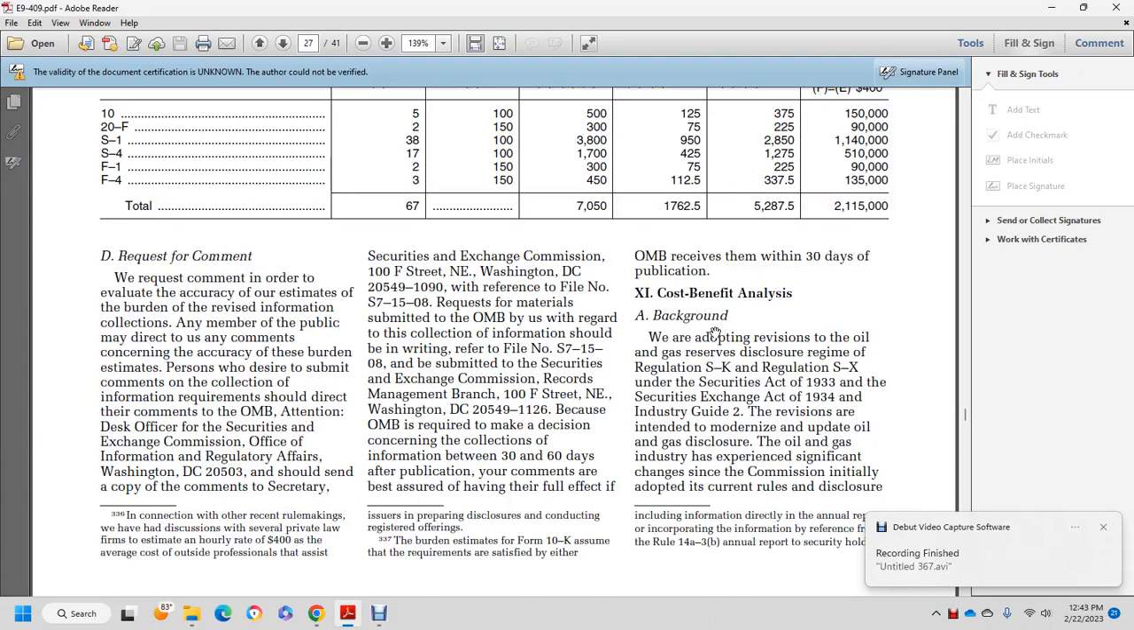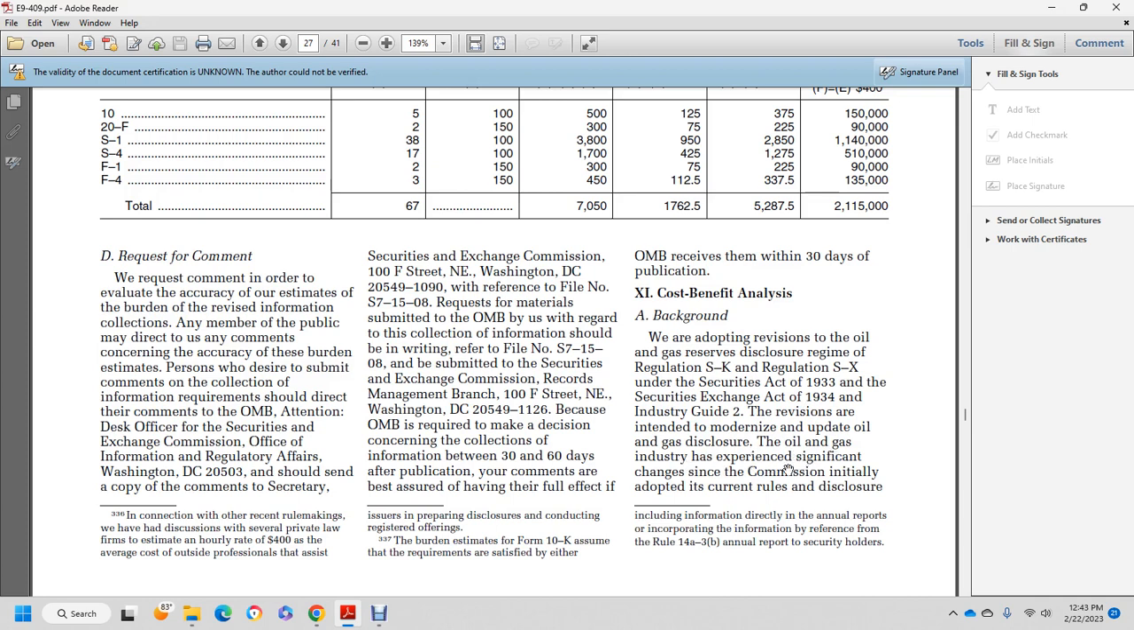Article 11, Cost Benefit Analysis Background. When adopting the provisions on oil and gas, to preserve the disclosure regime, Subpart K, Regulation S-K and Regulation S-X under the Securities Exchange Act of 1934 and the Securities Act of 1933, the Industry Guide revision is intended to modernize and update the oil and gas disclosure,